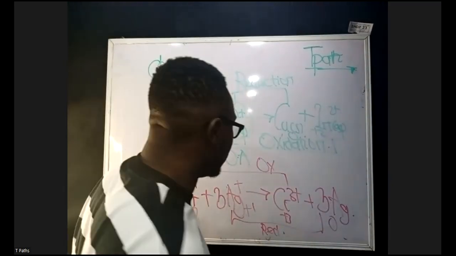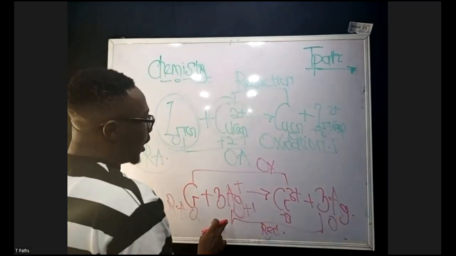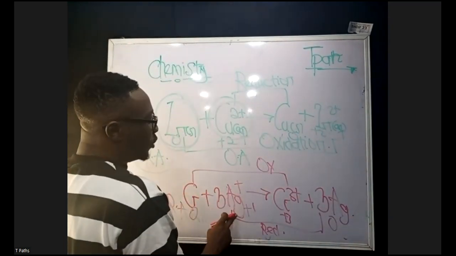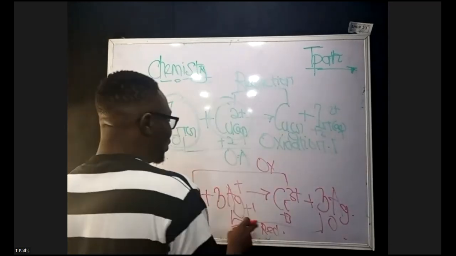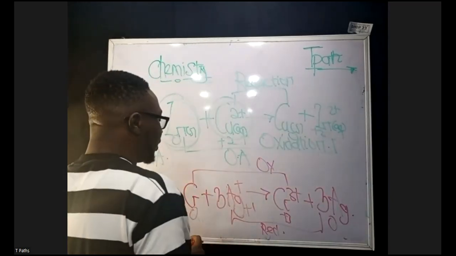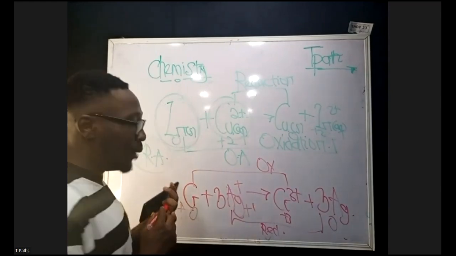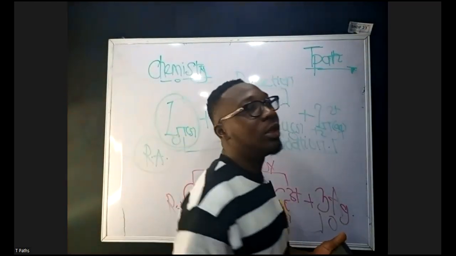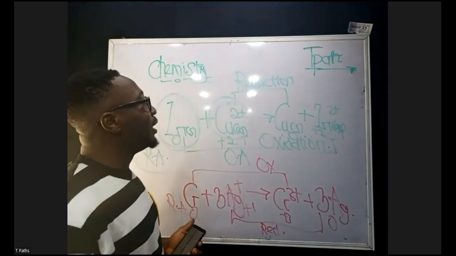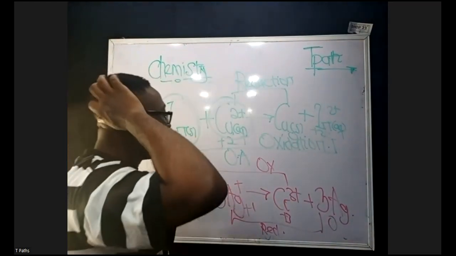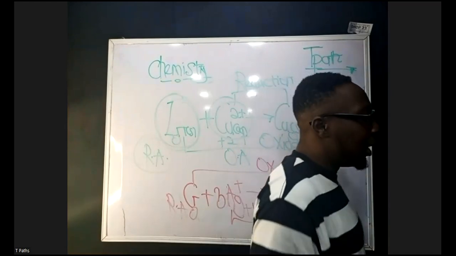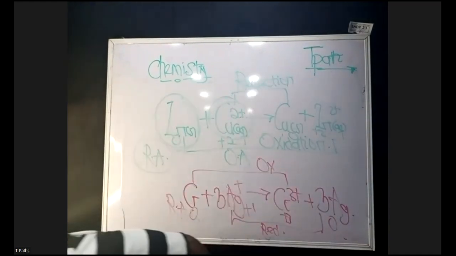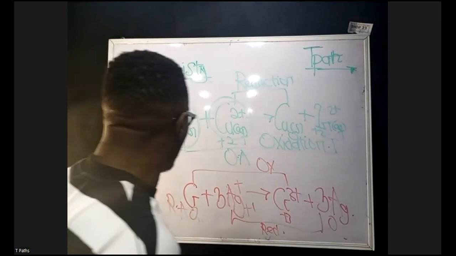It has accepted an electron, and you can clearly say that Ag plus undergoes what they call reduction and is reduced in the process. And with that, we're able to identify a reducing agent and an oxidizing agent. And what we need to also know is how to balance chemical reactions. Don't forget, we are still in the series of electrochemistry, and I want us